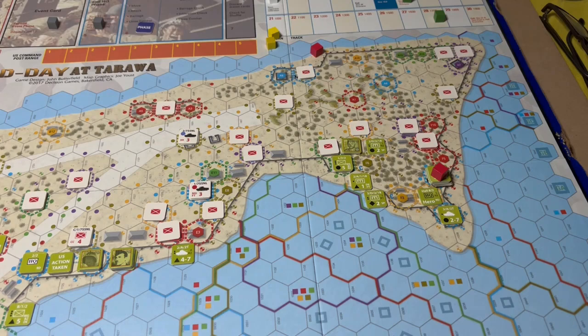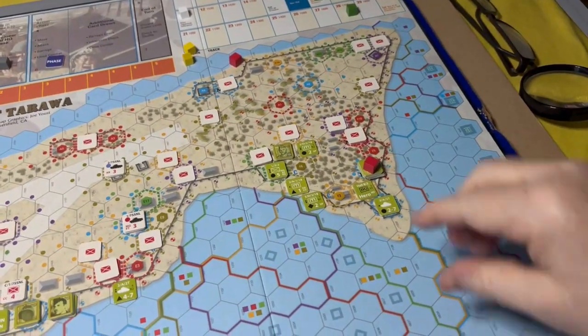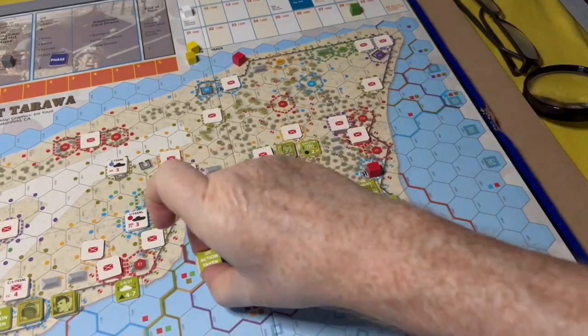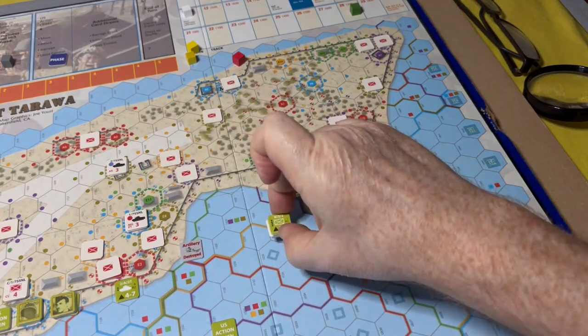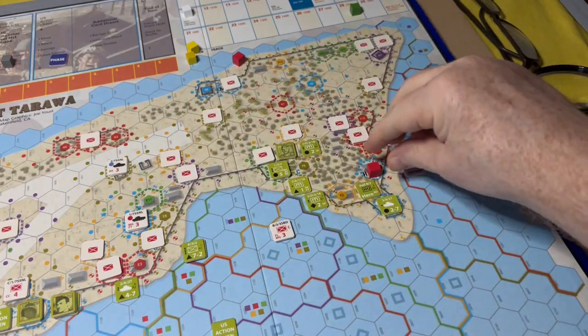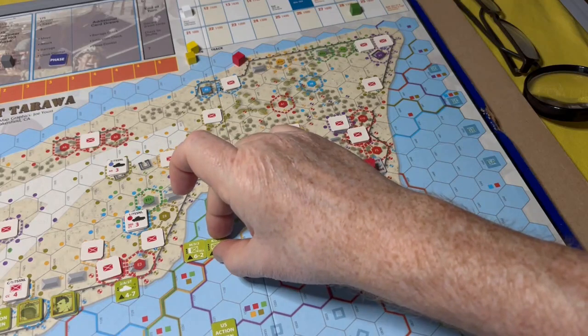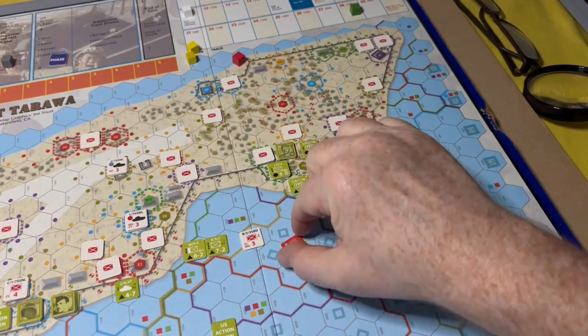And we've got one close combat to do over here. So there's my US action marker, the Japanese, the American. I'll leave the artillery destroyed in there. Okay, so we've got 7 steps, and the Japanese have got...